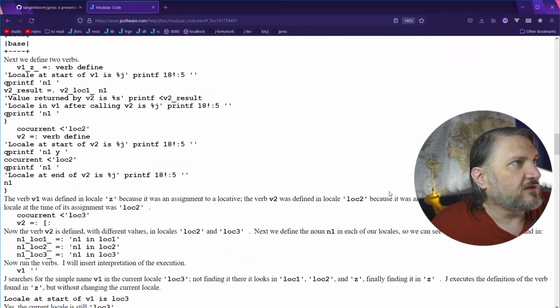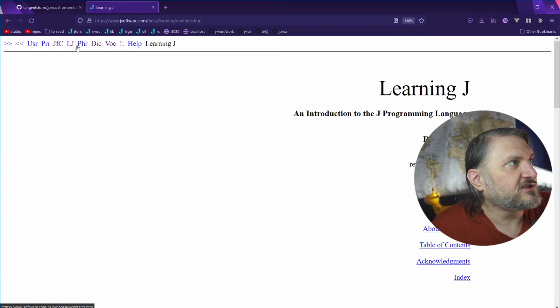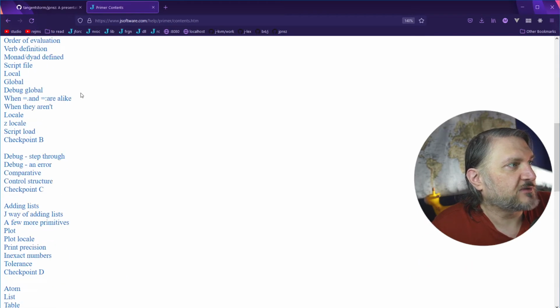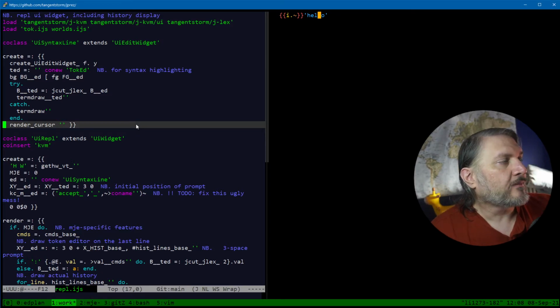It's one of the books in the old documentation, but you can still find it online at jsoftware.com. Help J for C. The others are Learning J and the Primer, which is probably the shortest book, probably the shortest place to learn J. This is where I started. It's very, very, very helpful. Okay. Anyway,